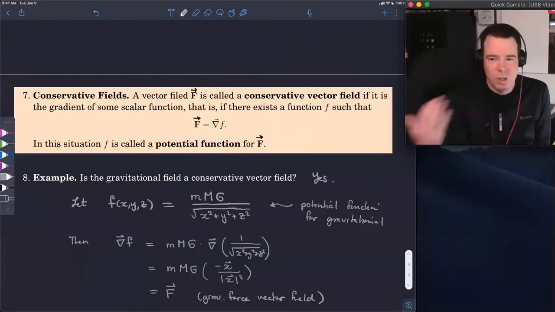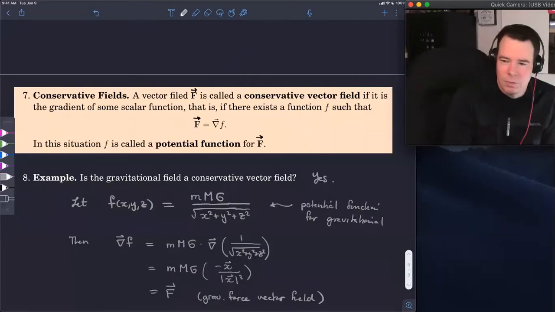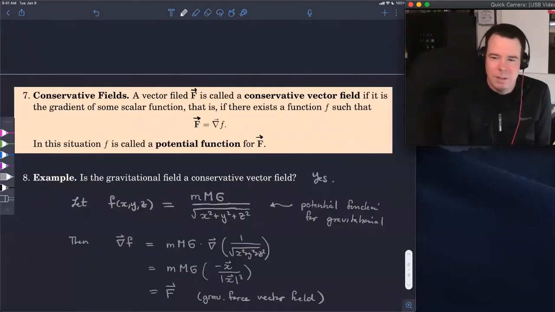Well, right now, for us, a vector field is just something that takes a vector in and spits a vector out. So we're not assigning it to be always a gravitational field, or always a magnetic field, or always a vector field of velocities. So we're removing any context from it. We're not talking about conservation laws from physics here, but that's the reason this name is coming up, because it's related to conservation laws in physics. And we'll see,